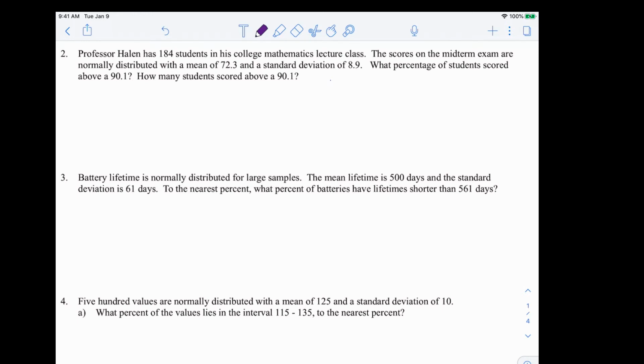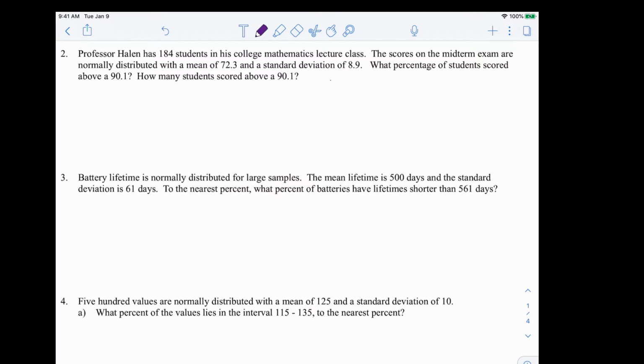I'm going to go ahead and start with number 2, which says Professor Helen has 184 students in his college math lecture class. The scores on the midterm are normally distributed with a mean of 72.3 and a standard deviation of 8.9. What percentage of students scored above 90.1? How many students scored above a 90.1? So the first thing we have to do is find the percentage, and then we can find the actual number